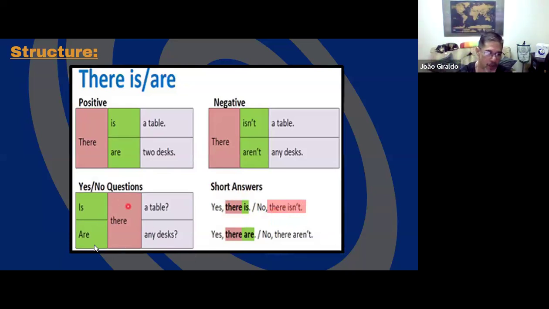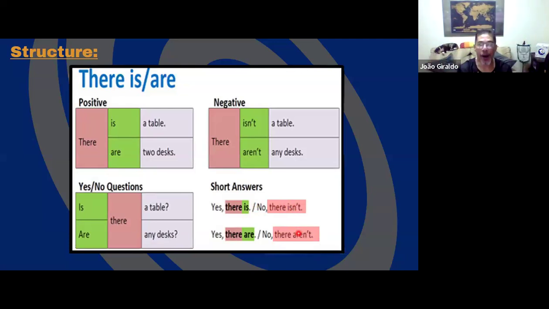The same situation for questions in plural. Are there any desks? Your answer is yes or no. So yes, there are, or no, there aren't. And there aren't, you are using it in negative structure. Okay? Guys, this is not optional. This is mandatory,